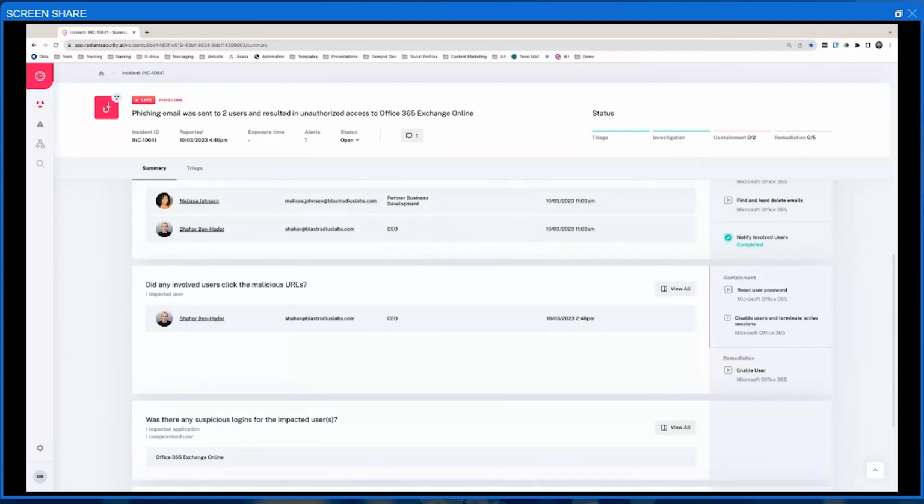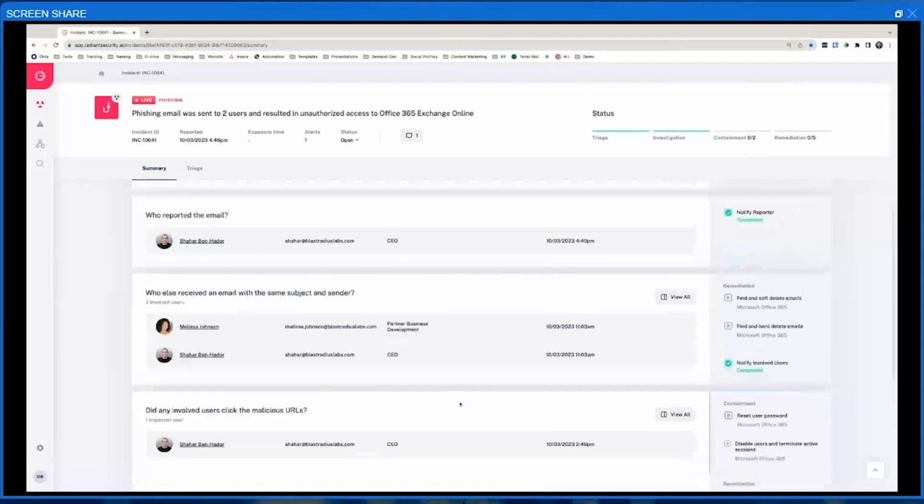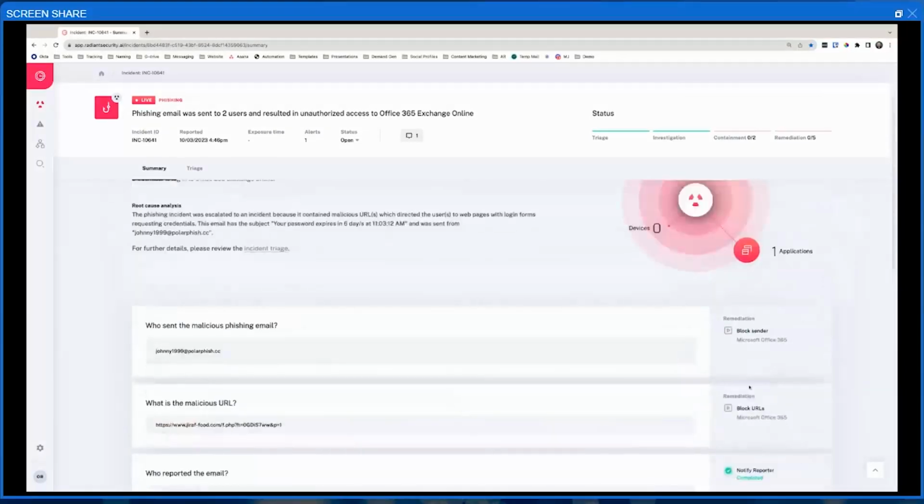So for example, if this phishing email had a malicious attachment, then you'd see that. And then if that malware did something on the file system, then you'd see what it did. If that ended up in a compromised credential, then you'd see which credentials are compromised and what they did. You're also given over on the right a series of calls to action. So by the time that I get here, I know not only what happened, but what do I need to